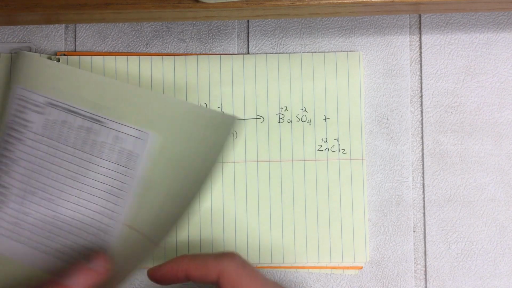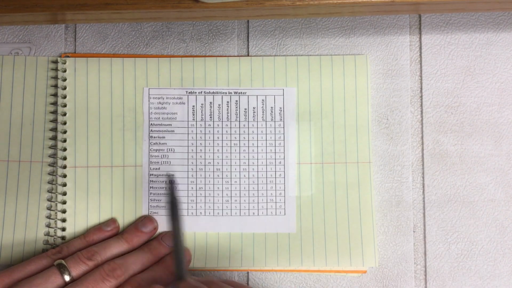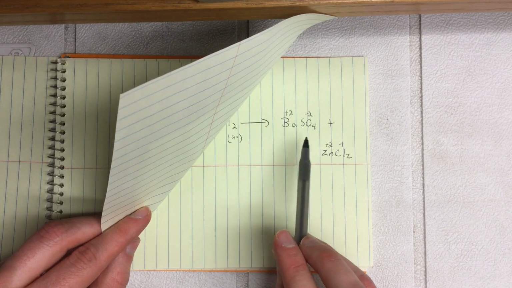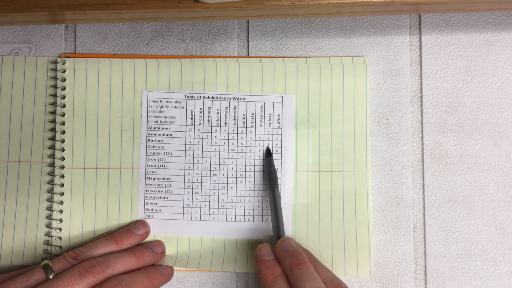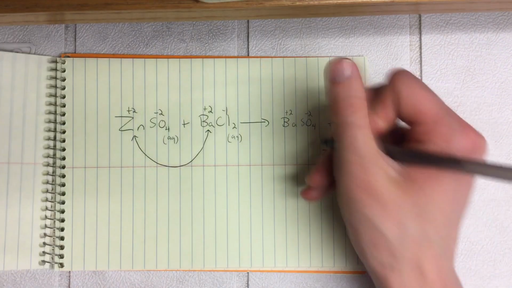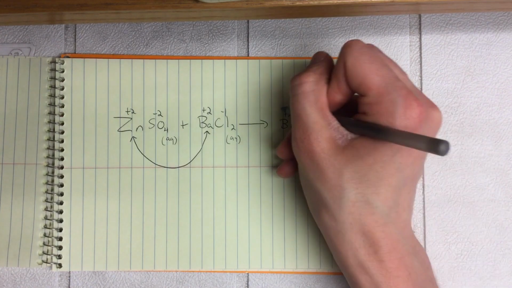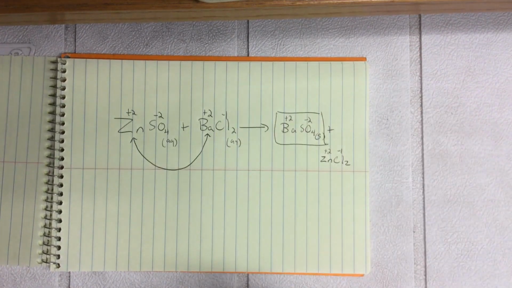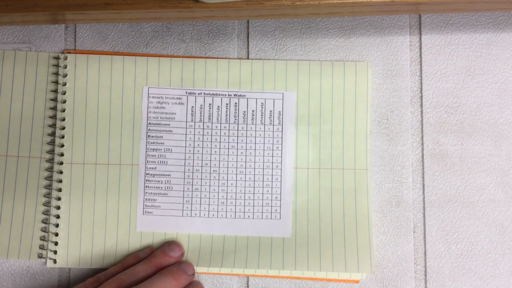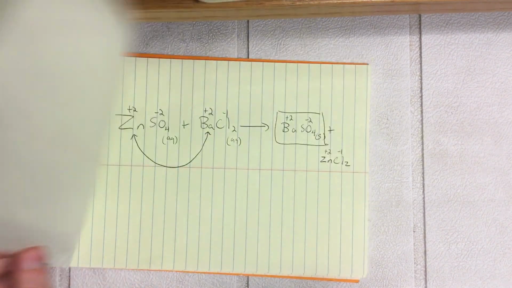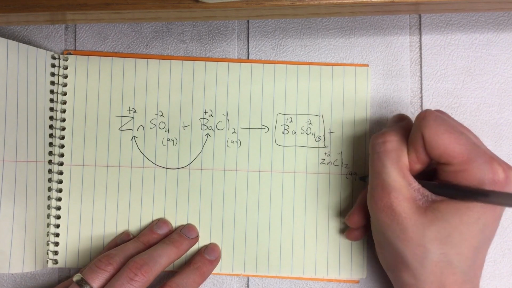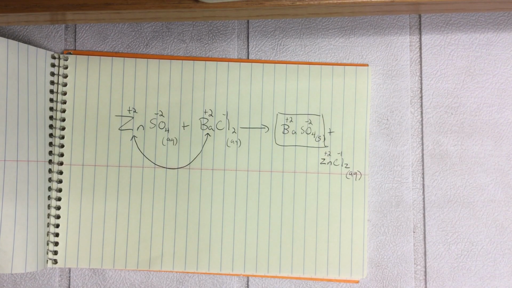Then we're going to go back and look to see whether they're soluble or not. Our first one is BaSO4. We have barium, and we're looking at sulfate. It's an I, so that forms a precipitate, which means it would be a solid, and we put a box around it. Next one is zinc and chlorine. This is showing an S, which means soluble, which means no precipitate is formed. So it's AQ. Okay, that should cover it. From here you want to work on